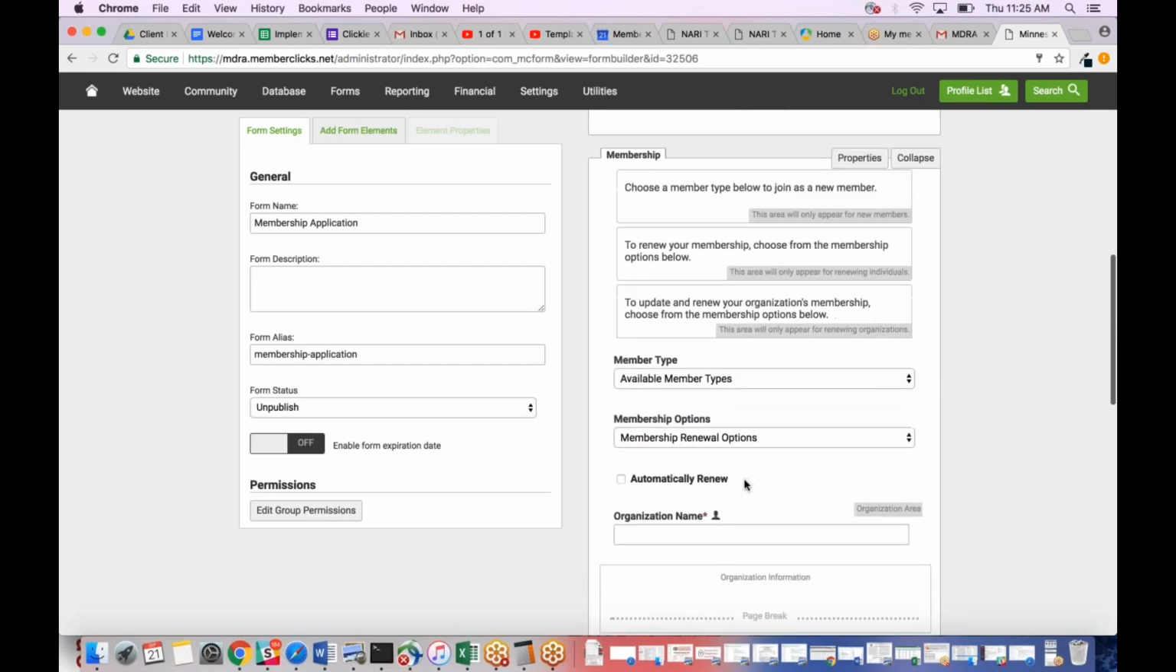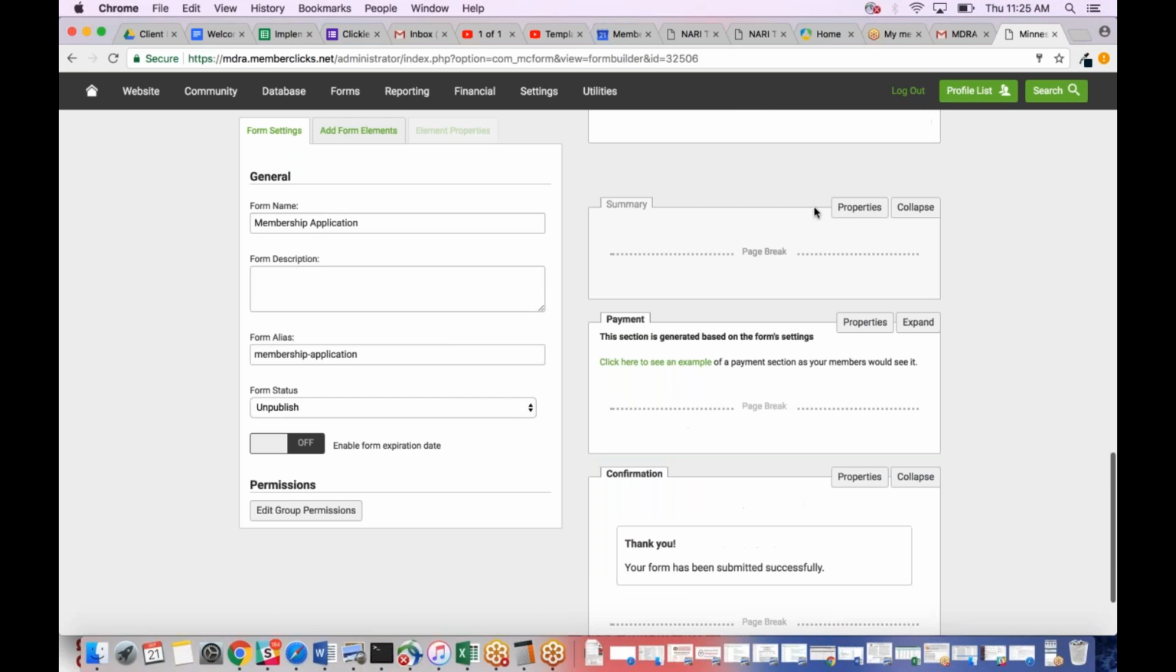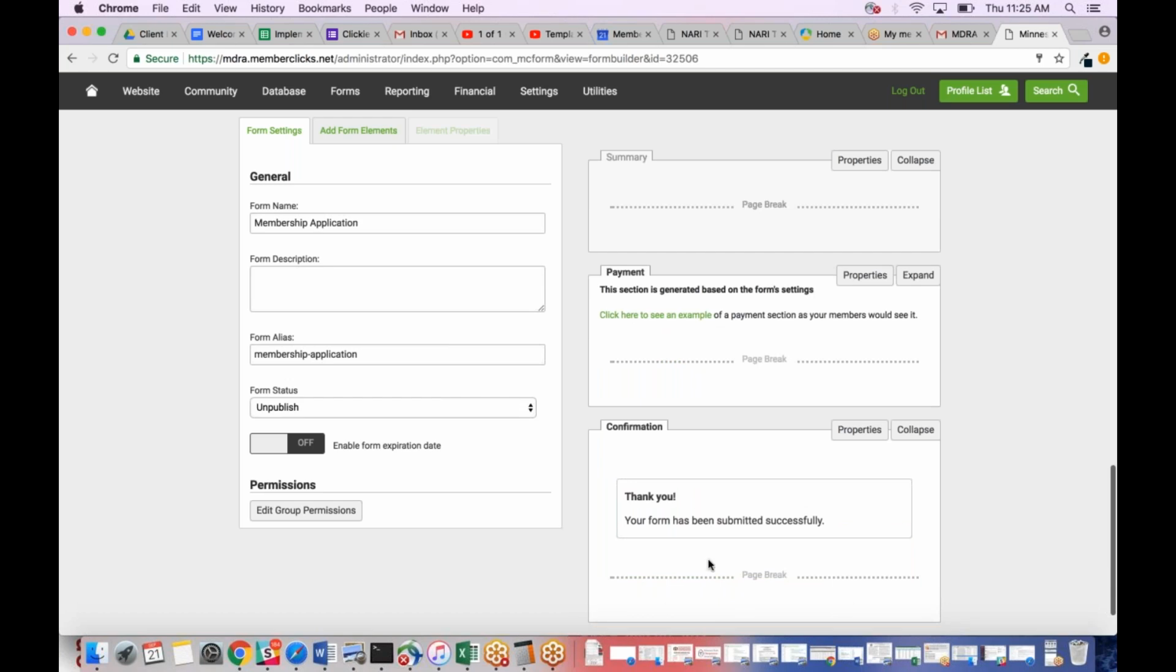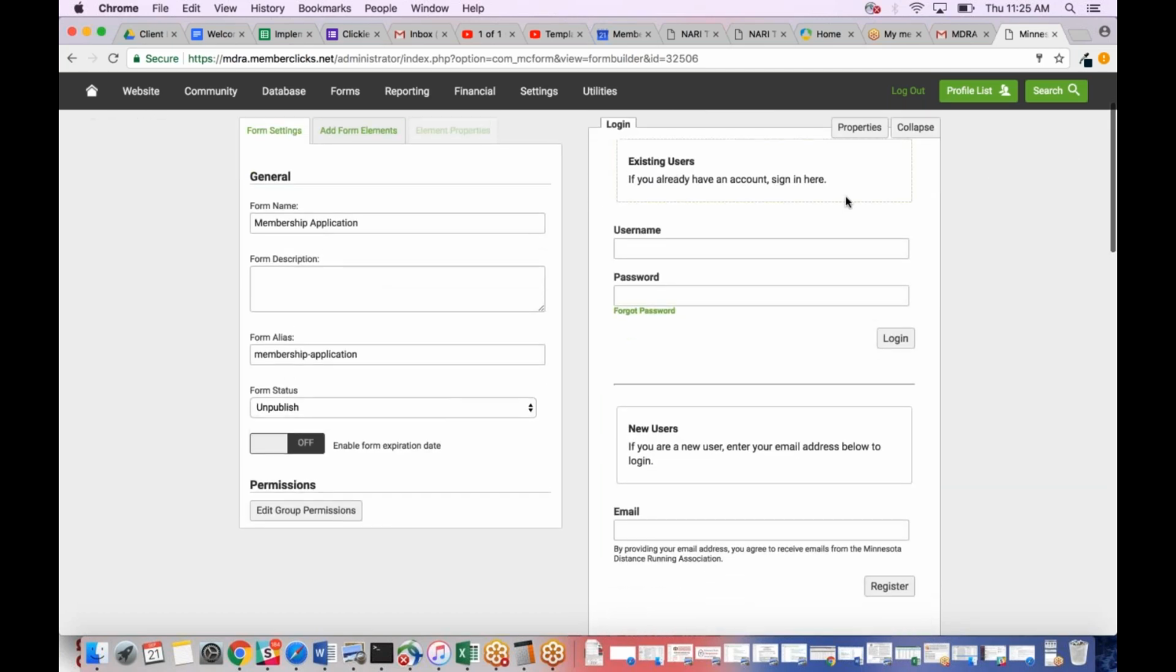We have a membership section. Anything in this white area, that's what we see here. There's that summary section. We have a payment section and a confirmation section. So to go back through those in a little bit more detail, if we wanted to look at, maybe you